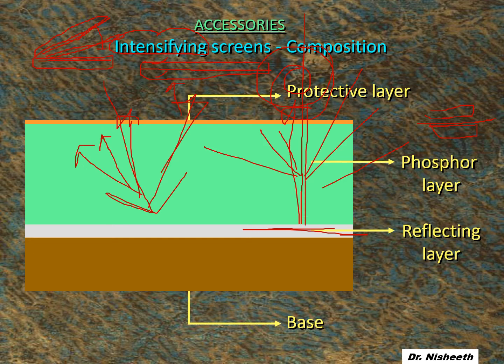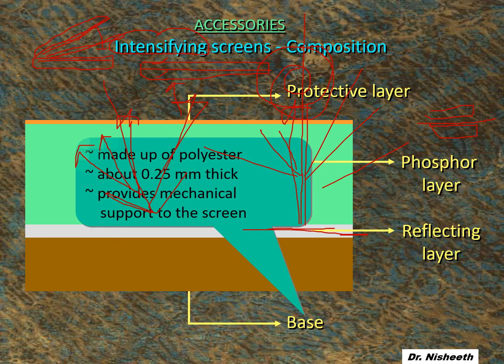So this is the phosphor layer. The phosphor layer is usually made up of calcium tungstate and some rare earth elements. So we have a base, we have a reflecting layer, we have a phosphor layer, and as usual a protective layer. The base is made up of